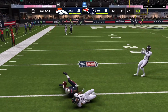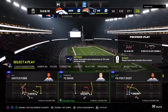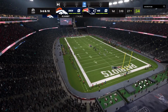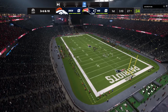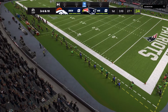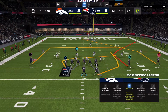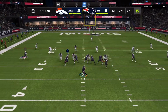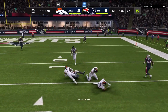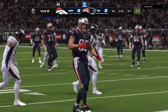A quick pass out to Aguilar. And he'll maybe get back to the line of scrimmage, but no more than that. That helps the completion percentage, but not much else, and now it's 3rd and 10. Back to throw again. Quick completion to Henry. And he will have a Patriots first down as they're able to get the 3rd down